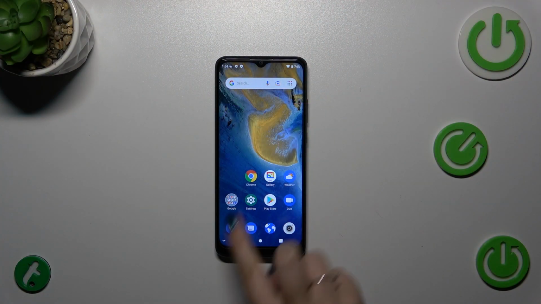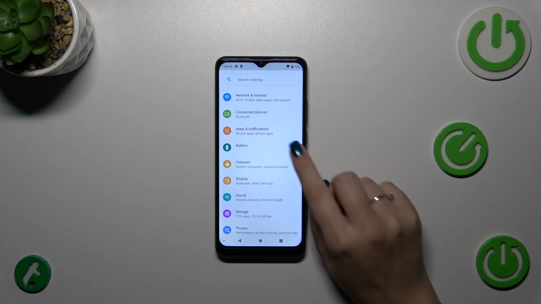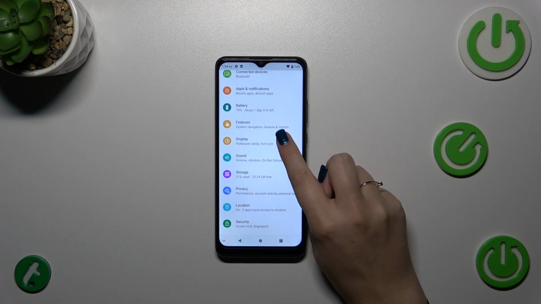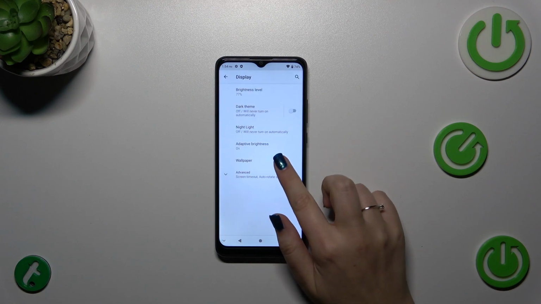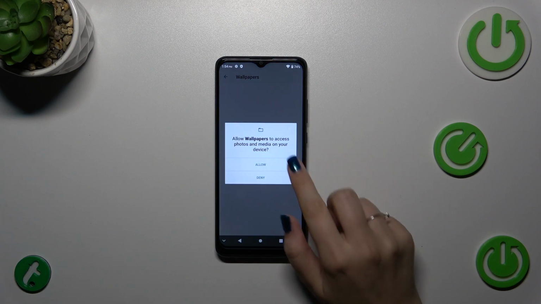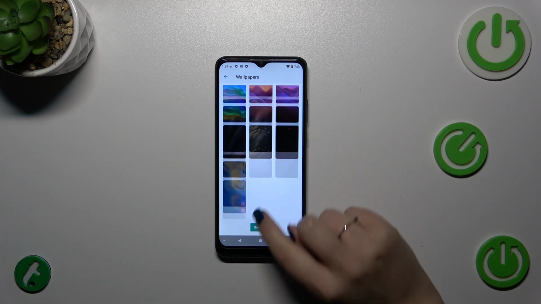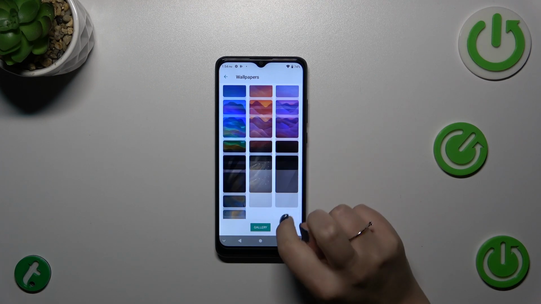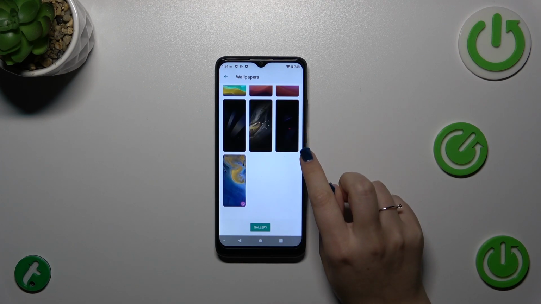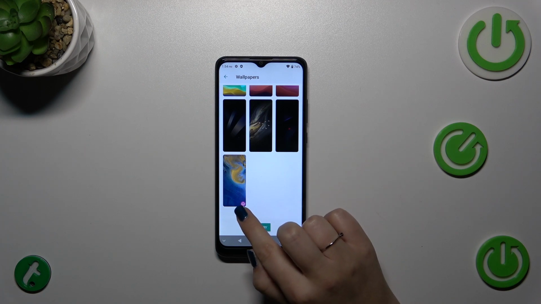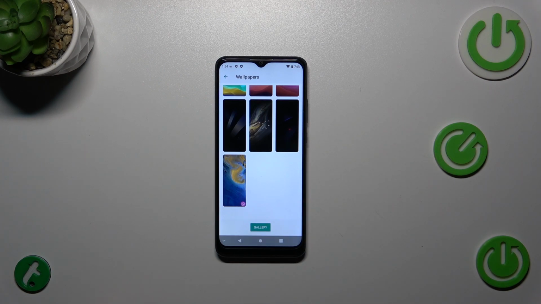So let's start with opening the settings, and then we have to scroll to find the display. Now let's tap on wallpaper. Of course, give all the permissions it needs, and as you can see here we've got the pre-installed options from which we can choose. You can also check which one you've got applied just by checking this icon, which will